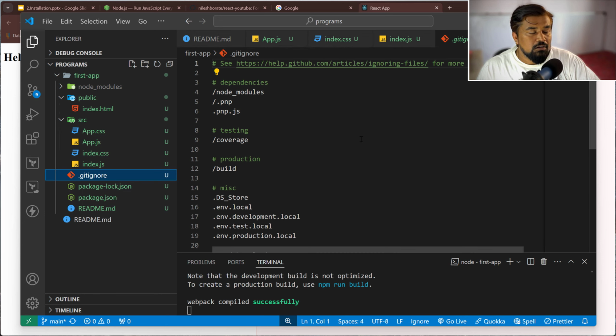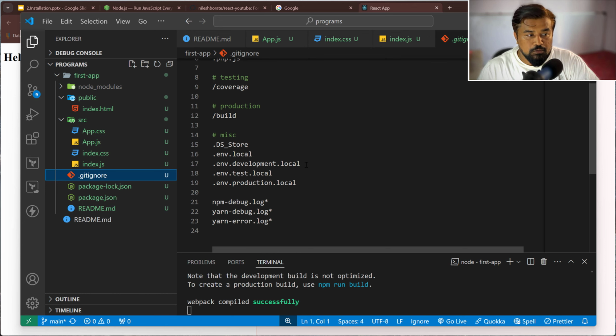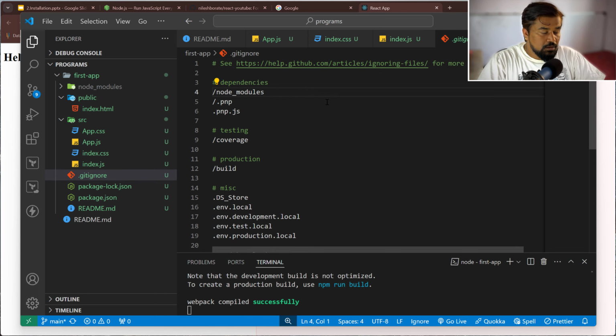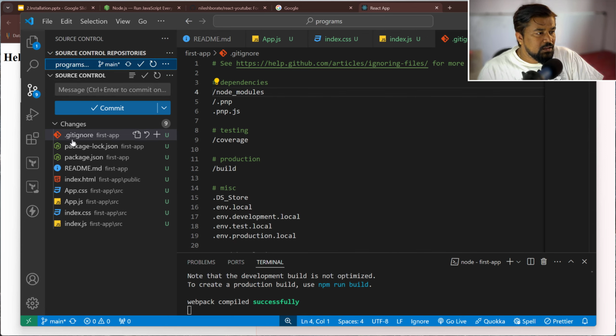In .gitignore, if you want to push the code into the GitHub repository, you just need to add here the dependencies you do not require. So we do not require the node_modules folder, so we add it here, along with the first app. I think it's okay. Let me check in here. Yeah, I think only those files go to the Git repository when we push the code. Okay,